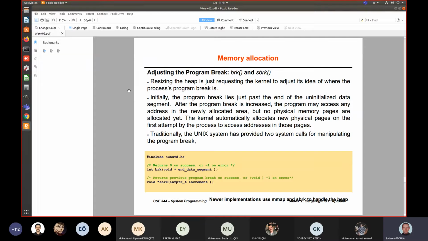Behind the scenes, malloc, realloc, and calloc are using brk and sbrk, which are used in order to modify the program break. So behind malloc, realloc, calloc, we have these two system calls. brk simply returns 0 on success or -1 on error. And it is simply used in order to modify the program break in order to include,